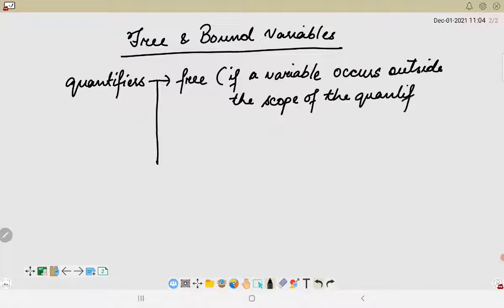Which means that if I am using a particular variable and that variable does not have any quantifier associated with it, but is just considered as a term inside the predicate, then